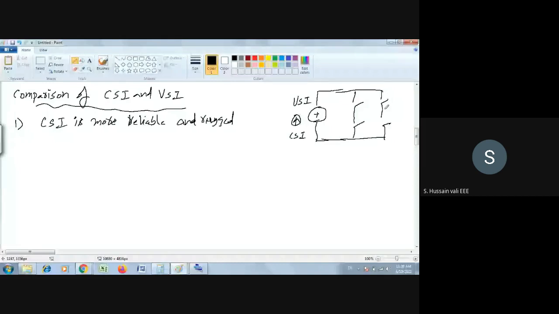Now you see here, why are we calling it more reliable? Because I will take one case. Accidentally, say for example, these two switches are on at the same time, or these two switches are on at the same time. It may happen. In that case, what will happen? If you have voltage source V, and it is short circuited, then the resistance value is very small. The current I is equal to V by R. R is very, very small, so the I value will be very, very large.